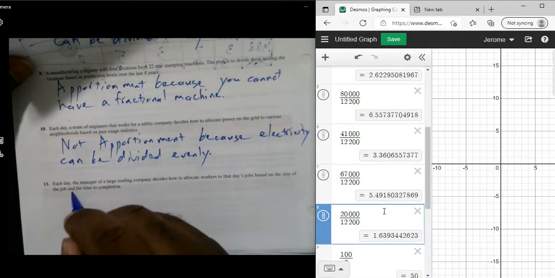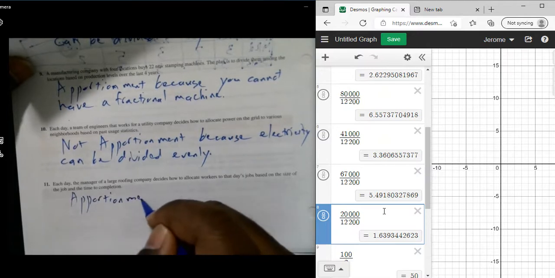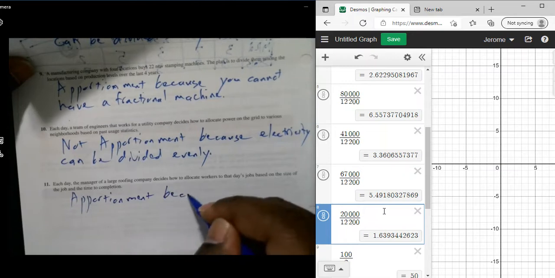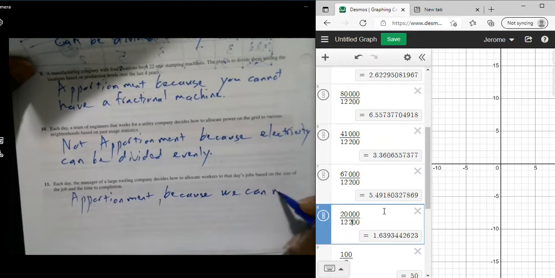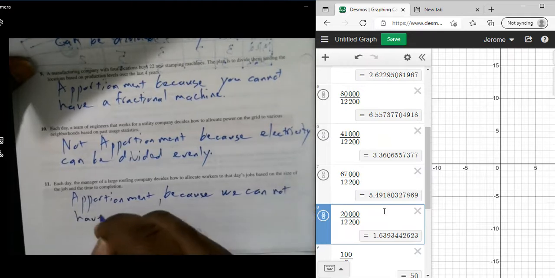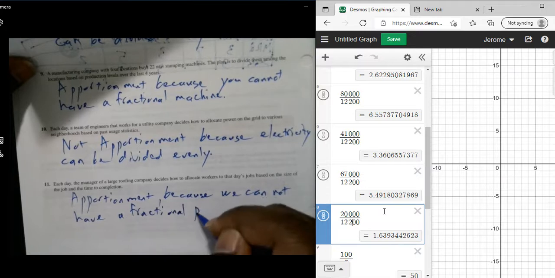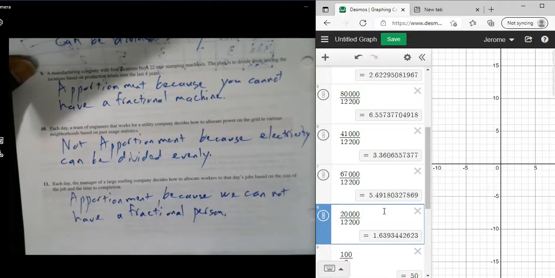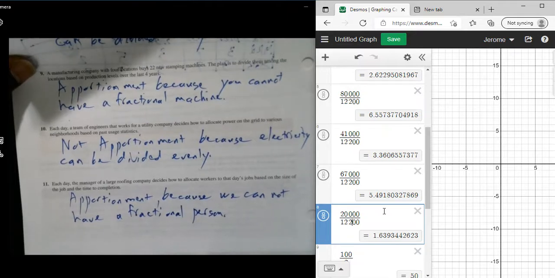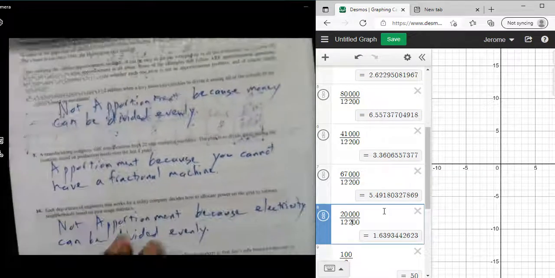So basically, this would be apportionment because we cannot have a fractional person. For example, if it's 22 jobs and it's 4 people, you cannot send half a person on each job. So that's why that is apportionment as well. Okay, now